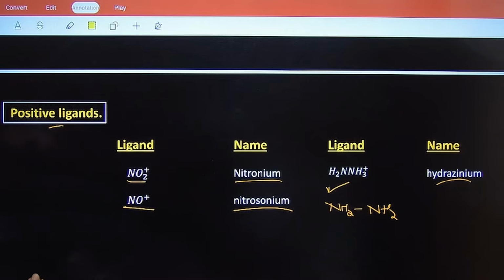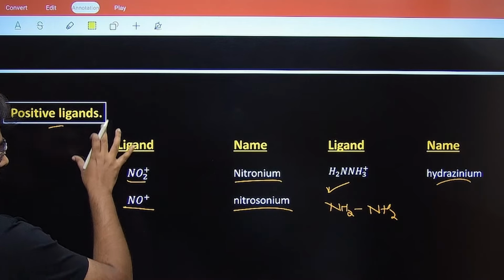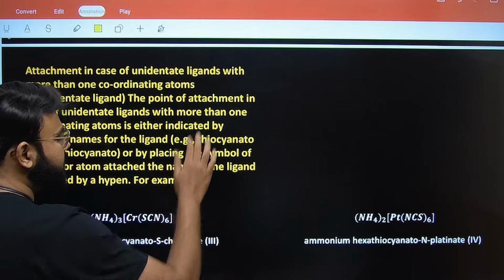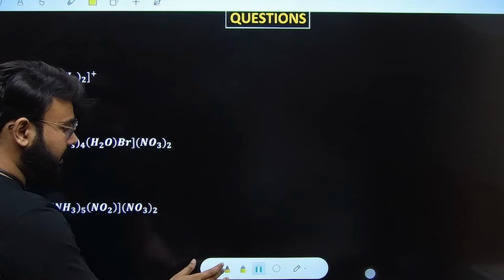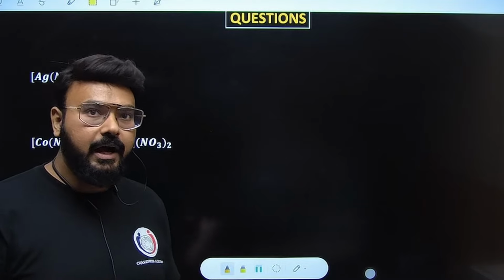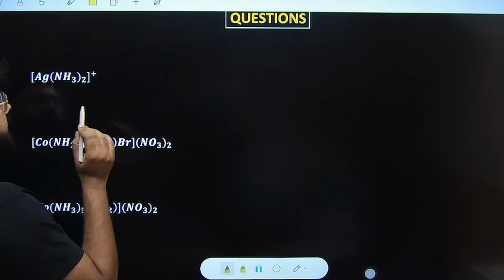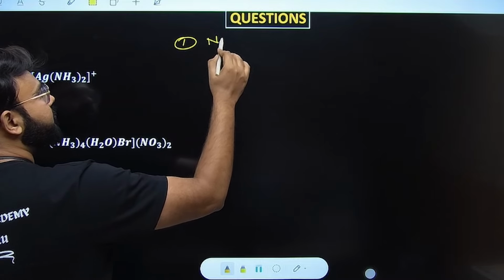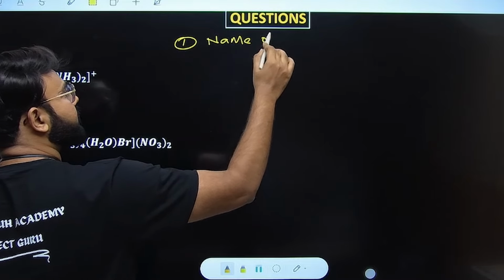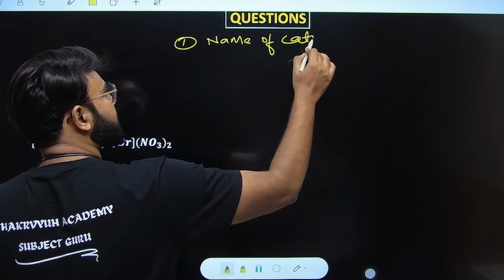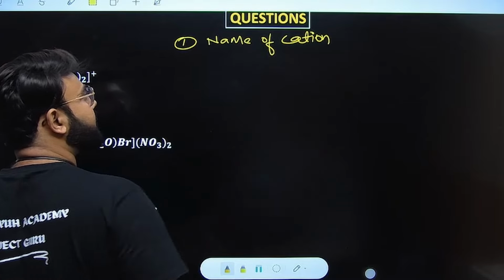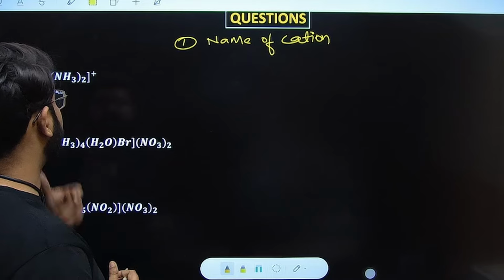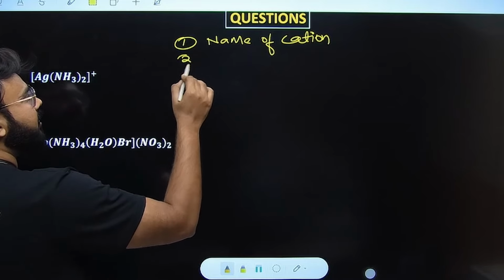Now we will start with the IUPAC naming. We will scroll down to see the next part. We'll do some questions, and with the questions I will explain how to write the IUPAC name. Remember, the first rule says that you should write the name of the cation which is outside the sphere. Then the second rule says